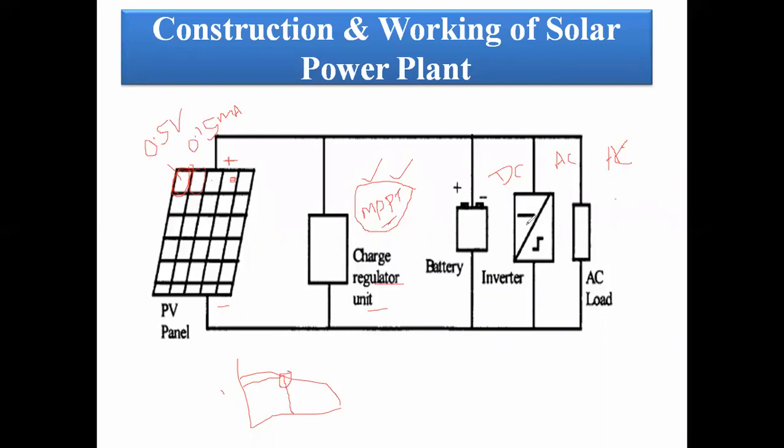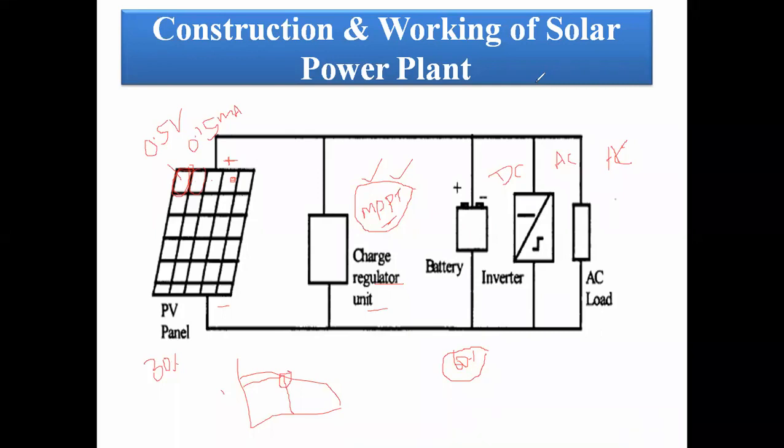In this system, 60% of the cost is considered for the battery. The remaining 30% is considered for the PV panel, and 10% is considered for the charge controller, inverter, cables, and so on. That is, the maximum we need to spend is only for the battery. That is the 60% of the cost we invest in the battery.